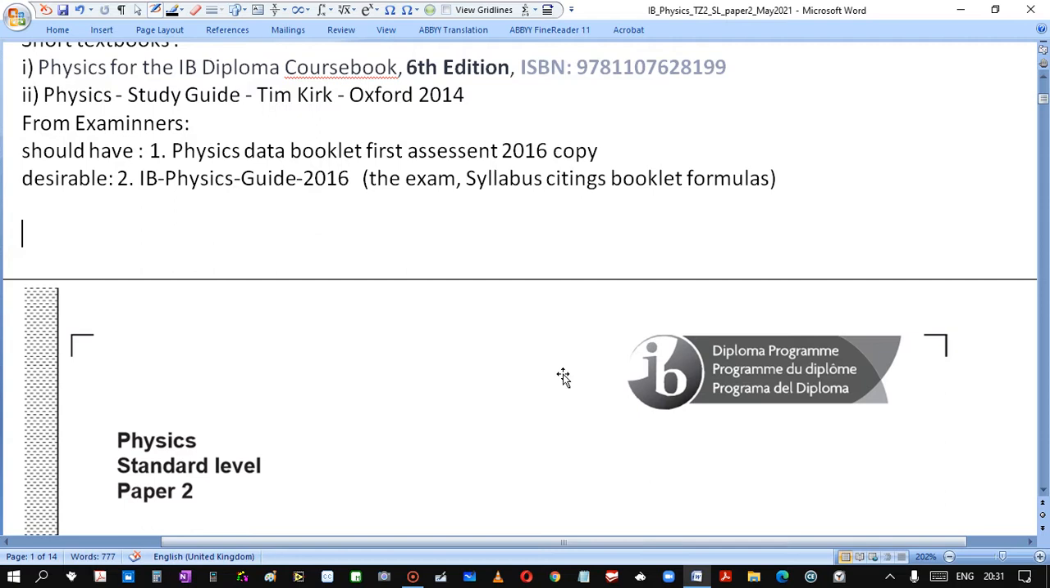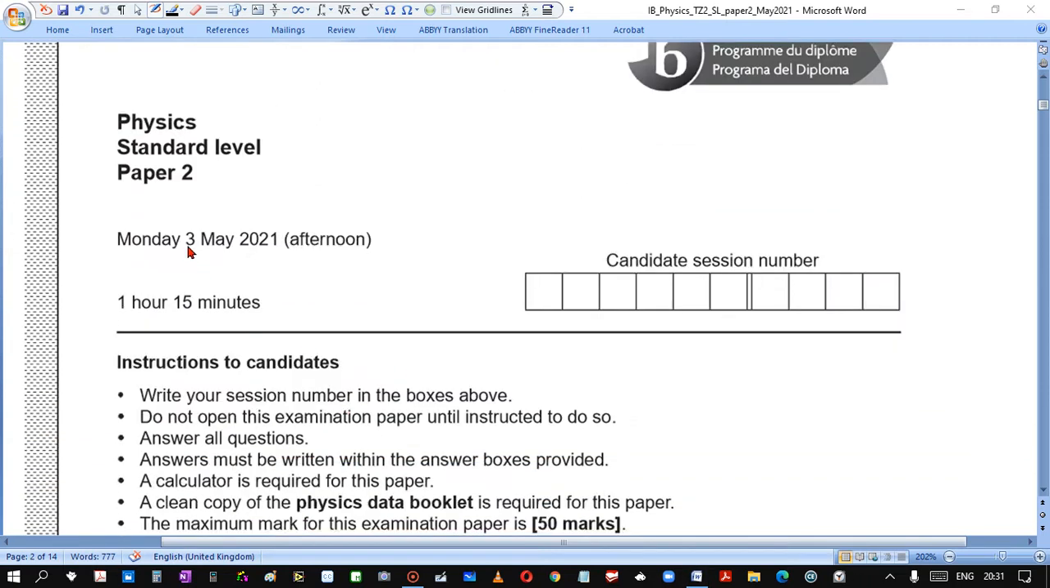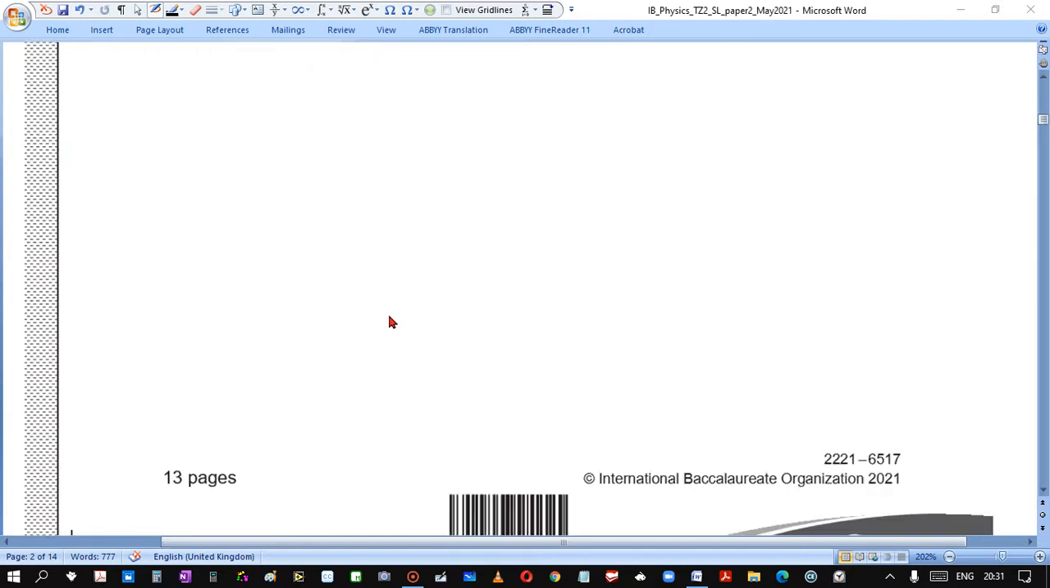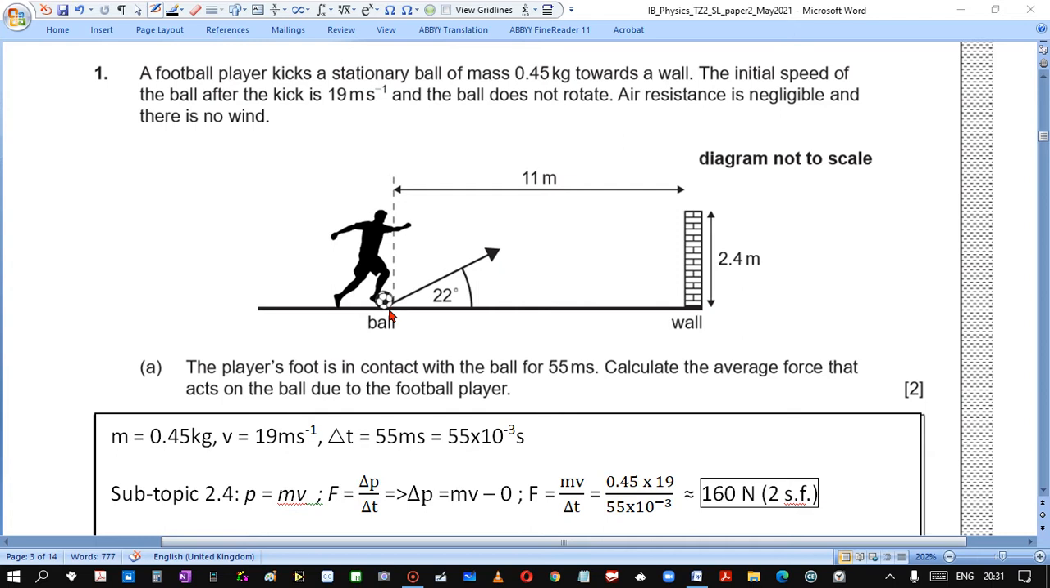Okay, so this exam took place on 3rd of May 2021. It is for 1 hour 15 minutes. Let's start. Question 1. A football player kicks a stationary ball of mass 0.45 kg towards the wall,